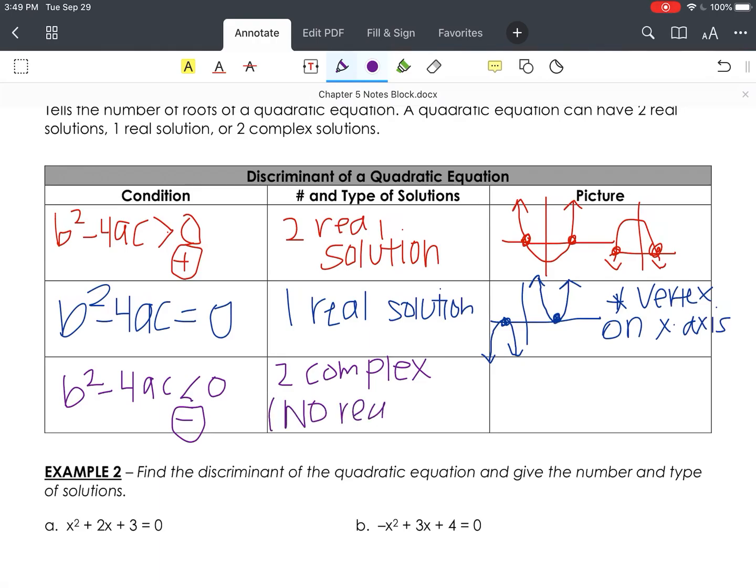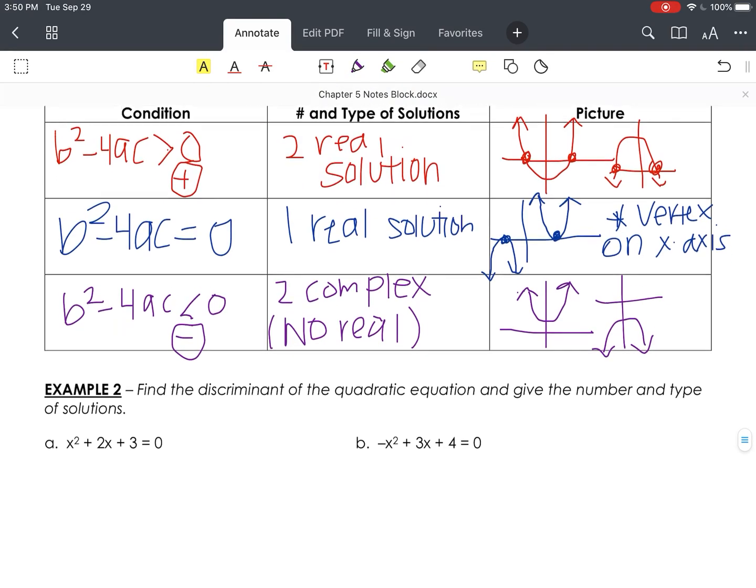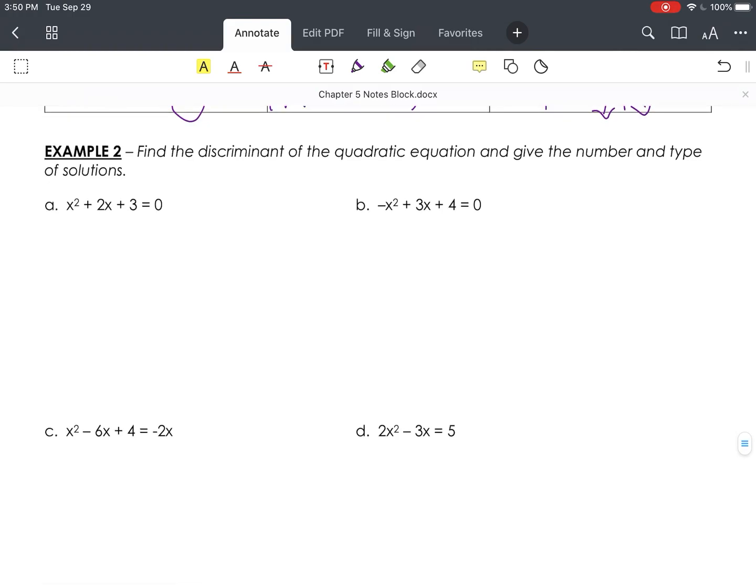Because there are no real solutions, you cannot cross the x-axis. So you might have something that looks like this, where you have your quadratic parabola above the x-axis. It could also be below the x-axis, but at no time will it cross the x-axis. So that's all you do: calculate b squared minus 4ac, follow the chart to figure out what type of